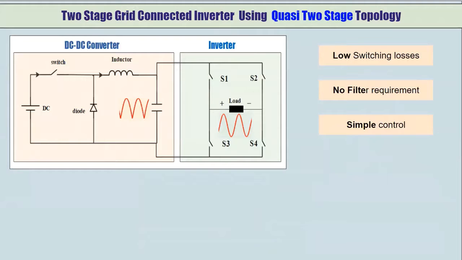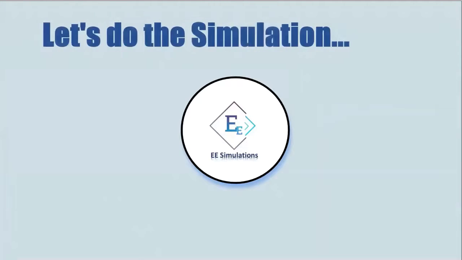So the advantage of this circuit is that we are not using any PWM, so there will be low switching losses, filter will not be required, and it is simple to control. But the other disadvantage can be, since the average output power is constant but the voltage you can see is varying, it means the current is also varying. So their RMS value of current will be high. So it will introduce other losses into the system. So that we will need to check, but for now we will see only its operation. So let's move to the simulation.